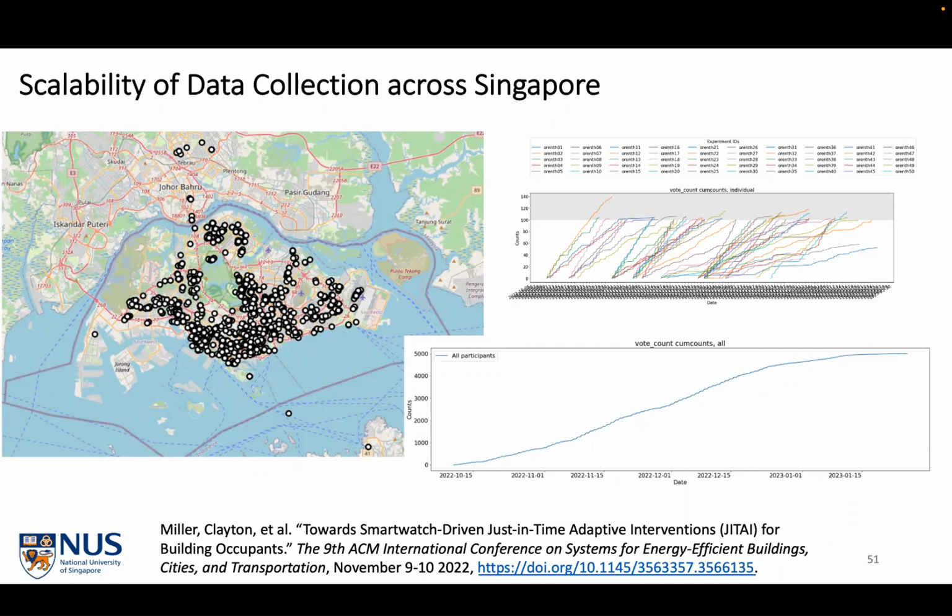They're going about their day, going across Singapore, going home, going to the office, taking public transportation, taking cars. In fact, we have a few data points up in Malaysia. Some people went on holiday and are on vacation, and we have data points from France and England and different places. So this is what I mean by scalability. So you're not confined to a single building. You're actually able to collect data across the building stock, regardless of what type of sensors are in those spaces. So it's not perfect. It's not the same as having sensors, but it's something that we think is very interesting to characterize, like I said, both those people and the spaces.